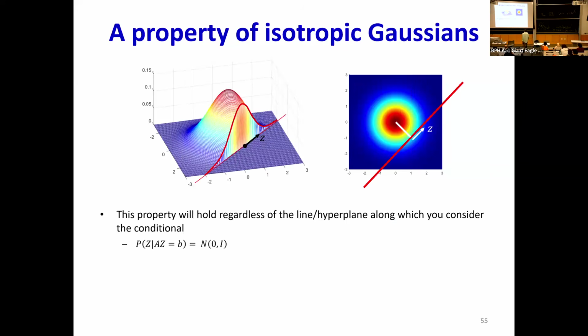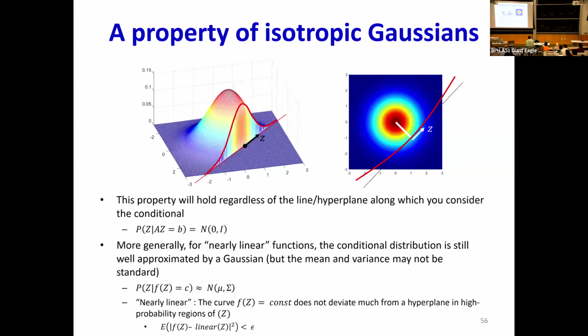And so this property is going to hold regardless of the line or hyperplane which you consider. If I look at the distribution of this variable where x plus y is 3, or x1 plus x2 is 3, along that plane the distribution is going to be standard Gaussian. I can draw any slice, and the distribution is going to be standard Gaussian because it's maximally unstructured. That's why we wanted the unstructured Gaussian: A, it makes no assumptions about the data, and B, by making no assumptions, it gives you this very nice property, right?